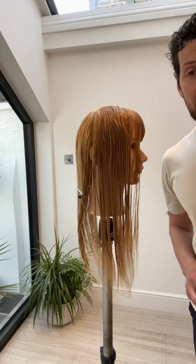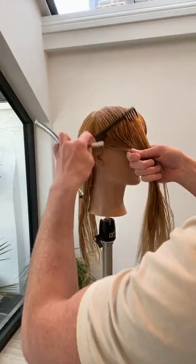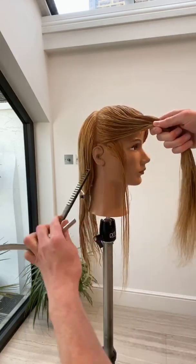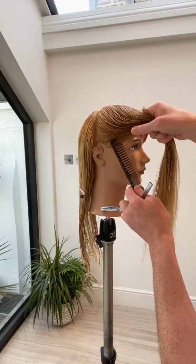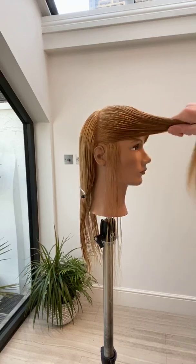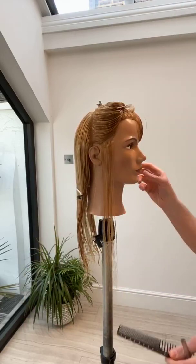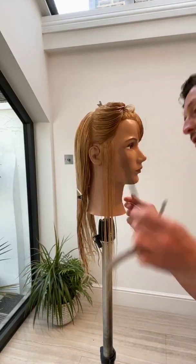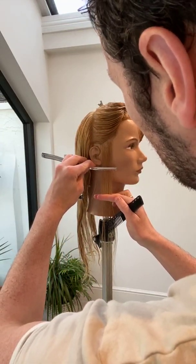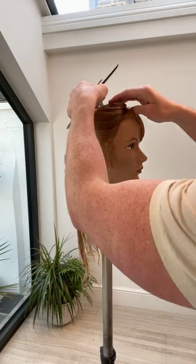I'm using a combination of the Day Mist as a cut-in lotion and the Volume Mist to help with that kick that I want to create. So, for anyone that didn't see the beginning bit, we start off with a diagonal section. The reason that I'm taking a diagonal section, but I'm cutting a square line, goes against what I would normally do. Normally my section would mirror the line that I'm creating, but with this, I want the hair to kick, and that's I suppose a good lesson for anyone really, that understanding distribution of weight and understanding angles